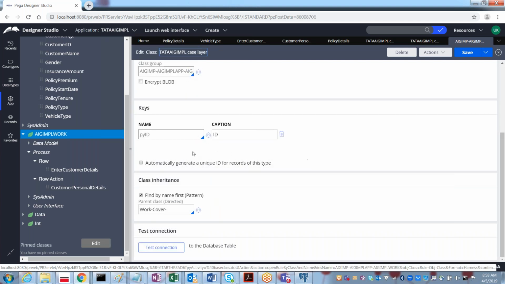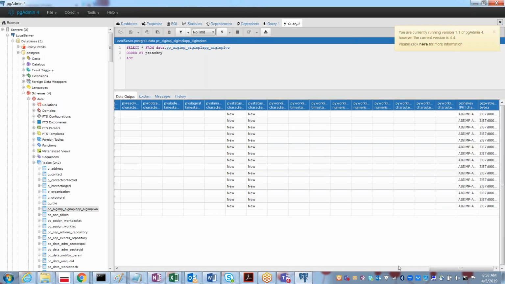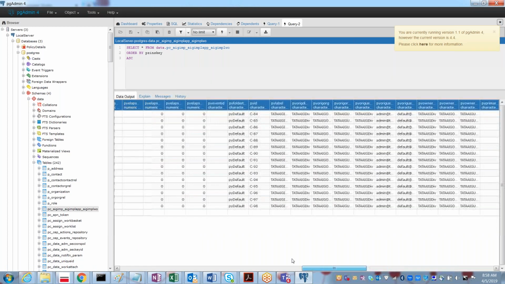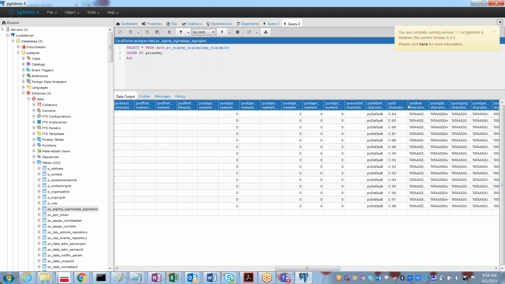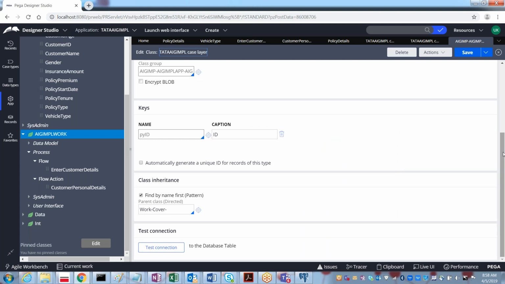And again, the key is PYID. As I said, here also PYID is the property which contains the work object ID. Along with that, the inheritance, and just below the inheritance we will be having something called test connection.